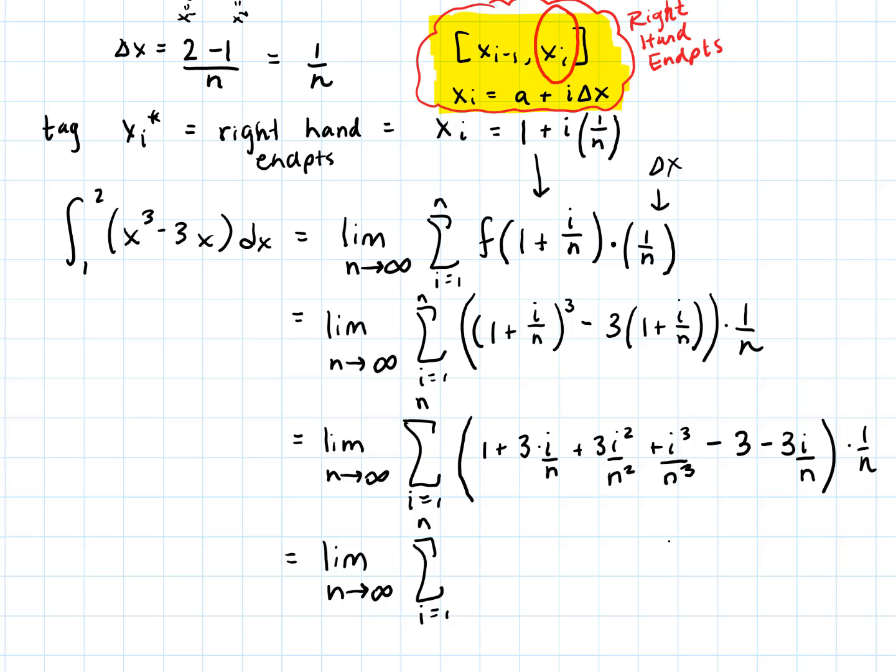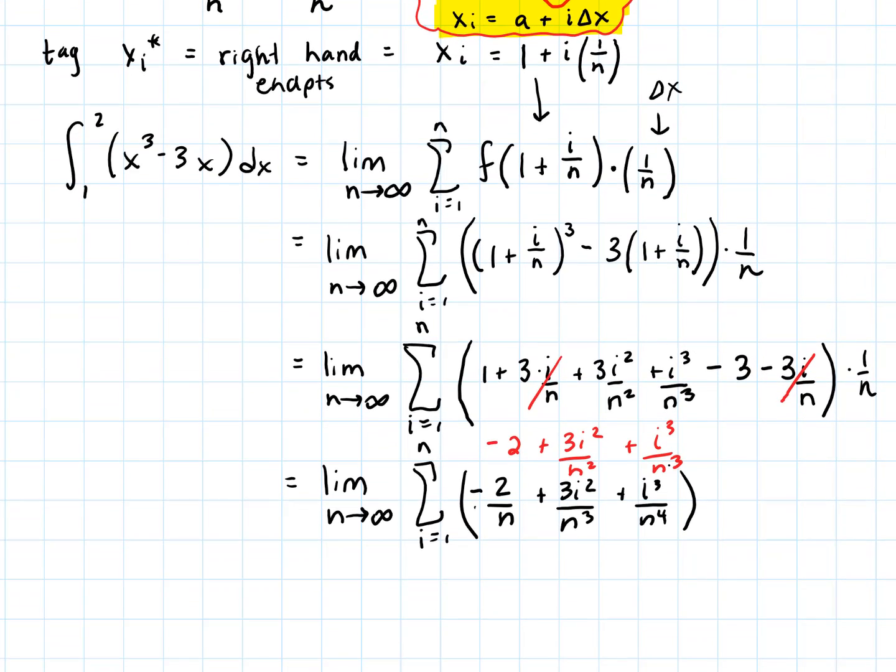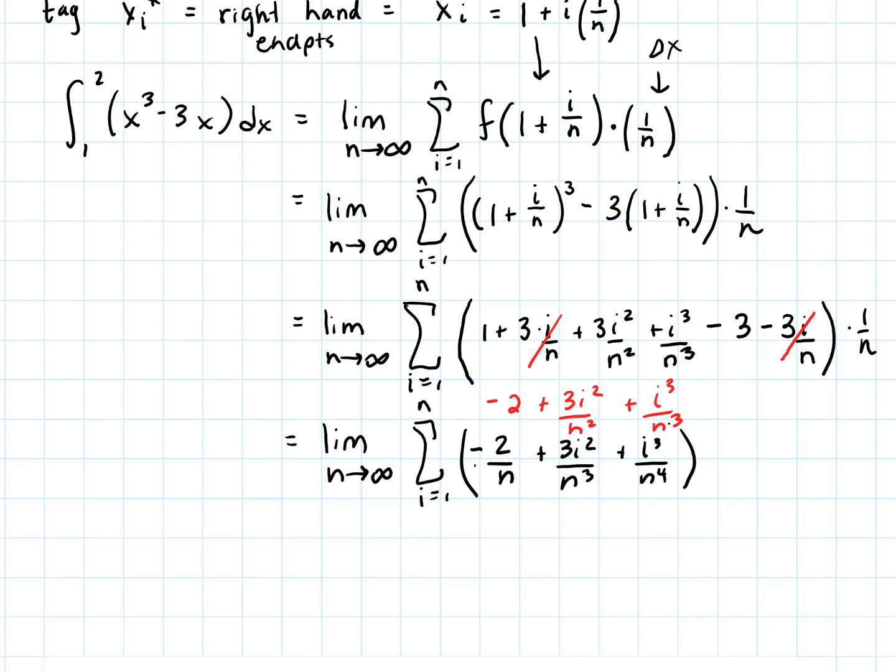So this is actually, I'll do that in a different color, minus 2, and then distribute the 1 over n. Okay. All right, so working our way through this, and then I am actually going to apply some of my